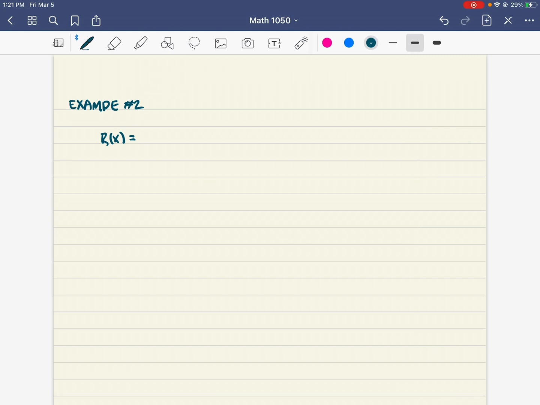Our function, and then what we do is we find the vertical asymptotes, the other asymptotes, the x-intercepts, the y-intercepts,